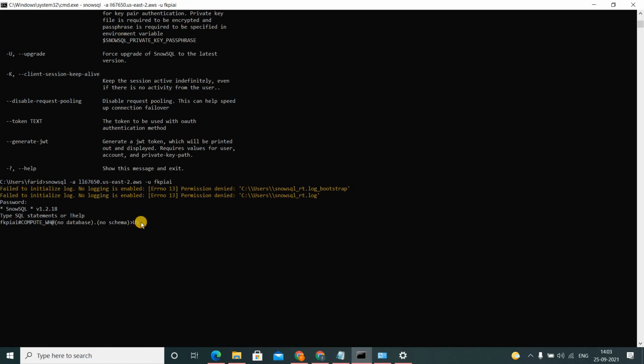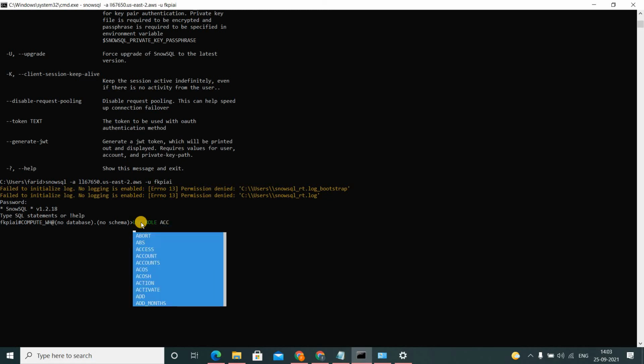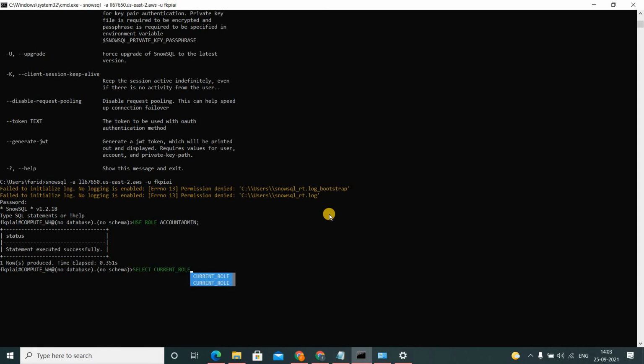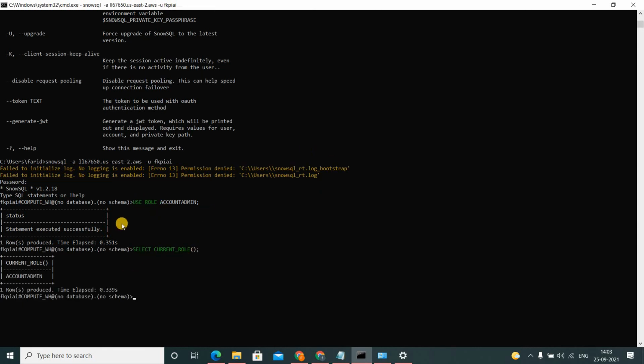So now let's choose the role ACCOUNTADMIN. Say select current role. So you have chosen the ACCOUNTADMIN role.